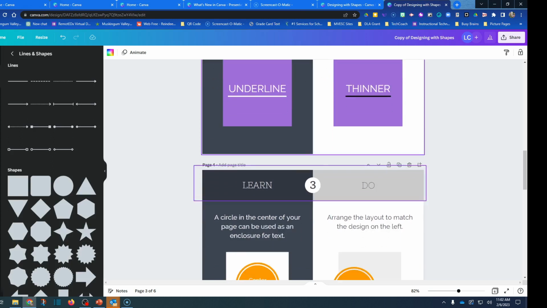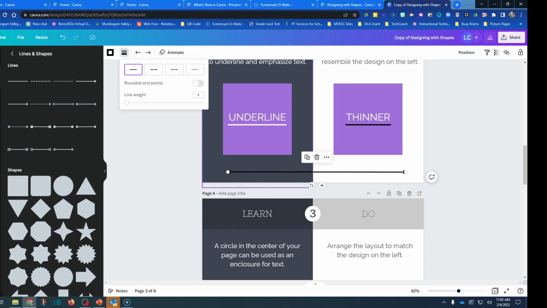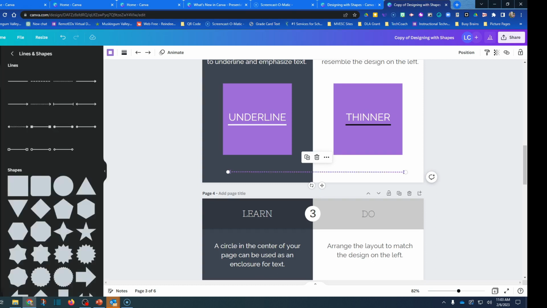Now, maybe I wanted to just take and put one of these lines under here. Let's say I want to choose this arrow. If I click on it, maybe I'm making a timeline. I click on it. I can add that. I can change this, and you can see how quickly you can create some designs and edit those designs in the shape feature. Maybe I want it to be a dotted arrow line, or maybe I want to change the color and I want that to be purple. So all kinds of different options within the shape features that are there.